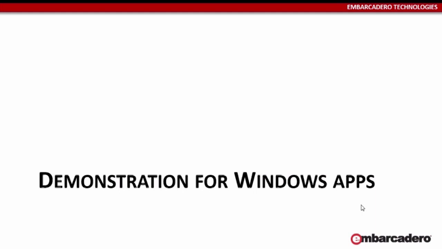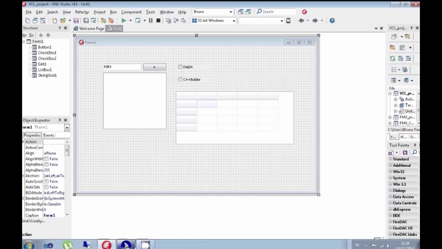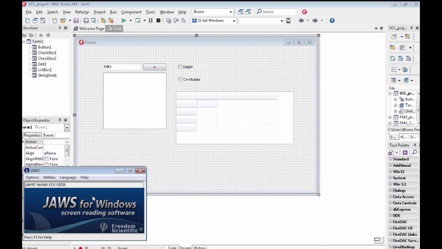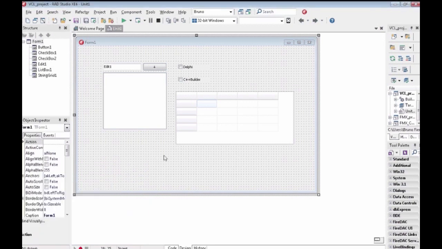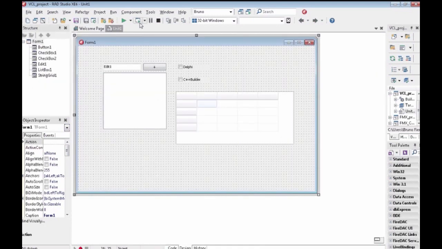the FireMonkey applications. So to start off this demonstration, I first start with a VCL application, just for the sake of showing you how VCL controls out of the box work with an accessibility tool. In the background here, I have the JAWS screen reader running from Freedom Scientific. It's the latest version 15. On this VCL application, a few standard VCL controls, nothing special. Few checkboxes, listbox, button, edit control, and string grid. And so if I run this application